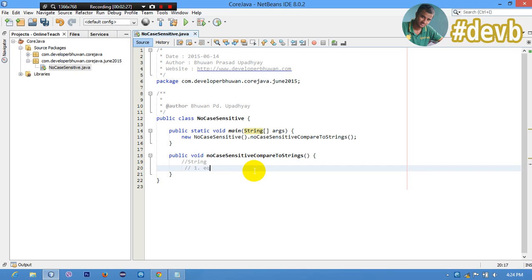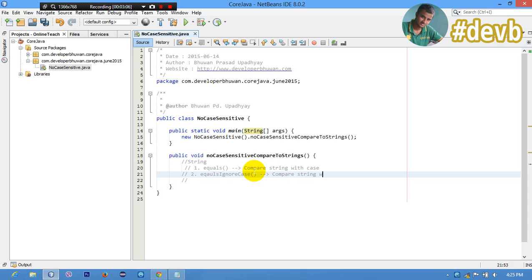One is equals, another is equalsIgnoreCase. Equals compares strings with case, but equalsIgnoreCase compares strings without case.